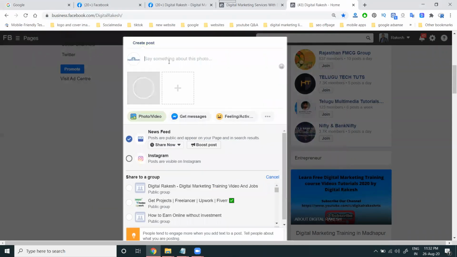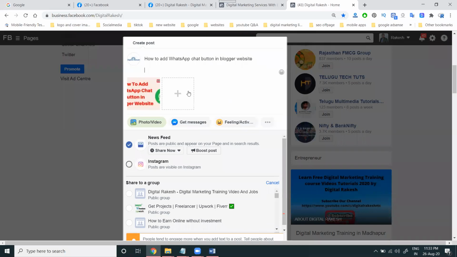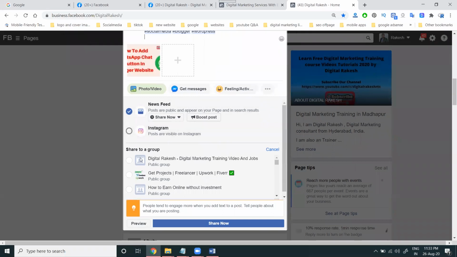Add your content. Select your option. We can share to groups and we can share to Instagram also. I've already discussed linking Instagram on my channel. Now I'm sharing to a page and group. When you link your group to multiple pages, the content will be shared on the Facebook page and again we can share to the Facebook group also. That is the purpose: we can link a Facebook group to a Facebook page.